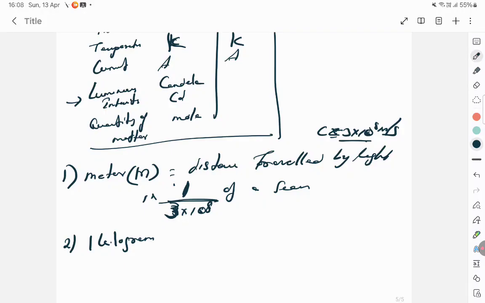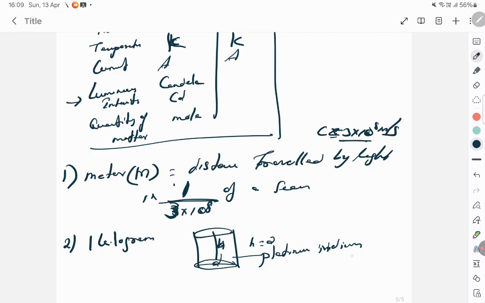See, so then they'll have one cylinder whose diameter is the same as the height. It's made up of platinum iridium, an alloy of platinum iridium, whose diameter is equal to height. They'll have that kind of block cylinder which measures exactly 1 kg. So 1 kg is the mass of a prototype. This is called a prototype. The prototype is nothing but a platinum iridium alloy cylinder where diameter is equal to height, and that will always